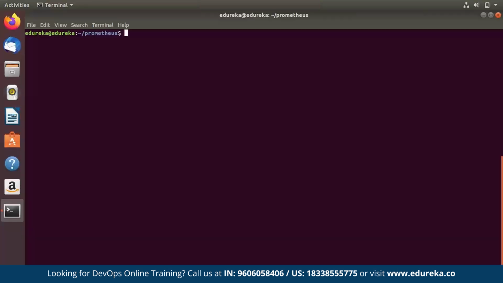So in the previous session we learned about how to create our own alerts in Prometheus and how to be notified about these alerts so that we can take discrete actions whenever necessary. So in the next part of the session I'm just going to integrate Prometheus with one of the most famous visualization tools in DevOps, that is Grafana. So before I explain Grafana, I'm just going to briefly explain Node Exporter and how we're going to be displaying its metrics in Grafana.